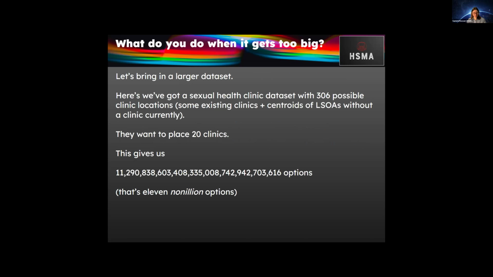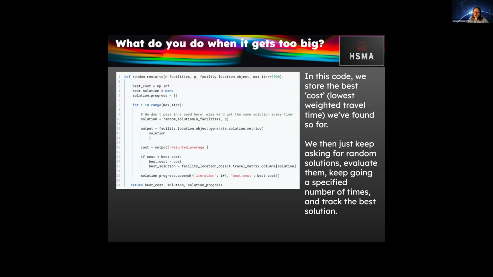I'm glad I gave myself that reference, otherwise I have no idea how to say that number. So a very, very large and impossible number of solutions to evaluate. So what we do, as I say, is we store the best cost and we just keep asking for random solutions. We evaluate the random solutions and then we generate another random solution, evaluate that, another random solution, evaluate that,